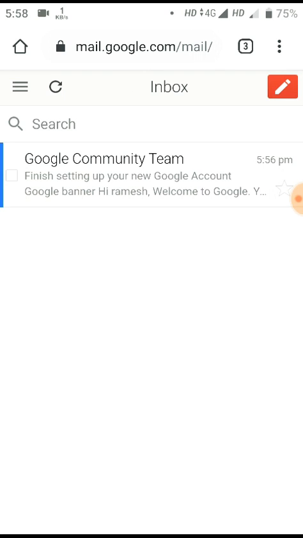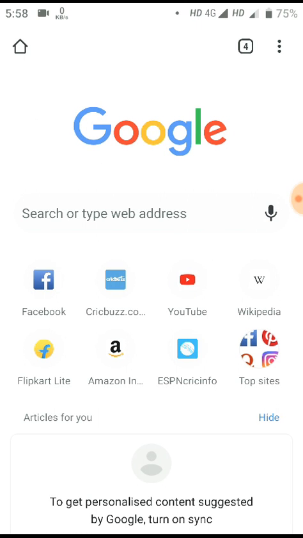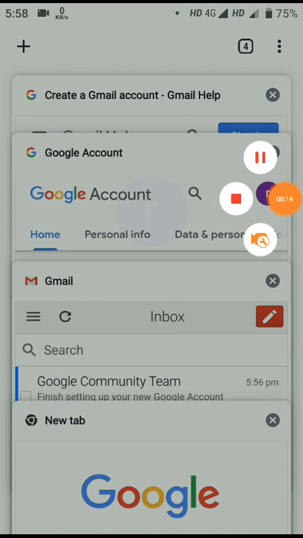I hope each and everyone is using our browser. In Google Chrome there are three dots on your top right corner. Whenever I click on that, you will find two options: new tab and new incognito tab. New tab would look like that, and new incognito tab will look like that. Now you have to tell me what is the difference between a new tab and a new incognito tab.